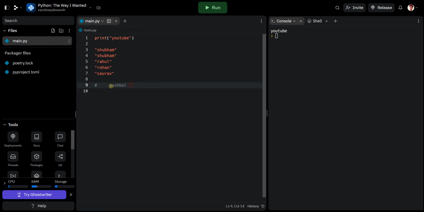The interpreter doesn't even take care, it just bypasses this. It's only there for the purpose of telling other programmers, because there are a lot of programmers who work on the same code and have to explain it. So in order to explain a particular function's logic, you just comment. That was quite a good rhyme.